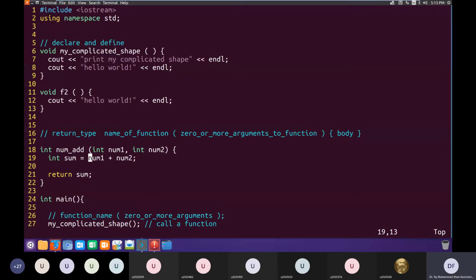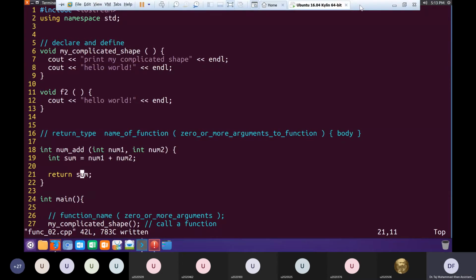And what it does is, it adds its two arguments, stores the result in the variable called sum, and returns this value sum. So we'll see how we're going to use this function, and how, as Uzair said, we are going to initialize num1 and num2. But for the moment, if you have any confusions about the declaration and definition of this function that we have done, you can ask your question.